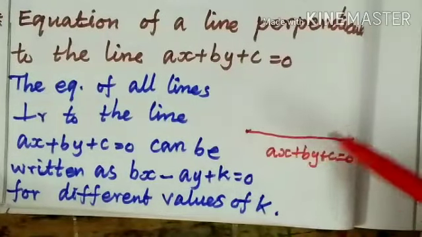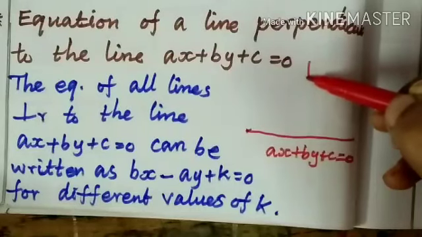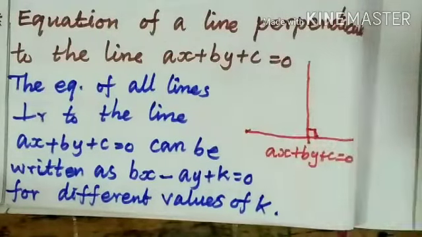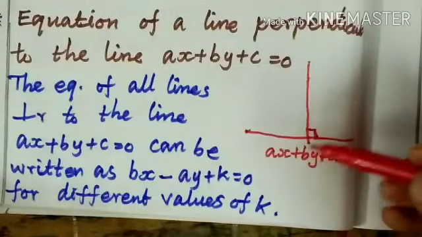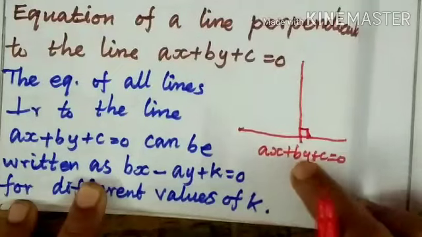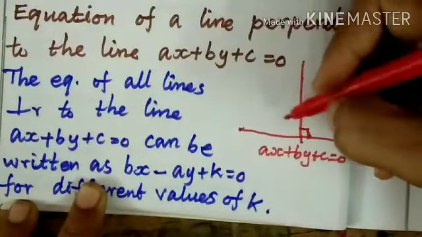Here we have to find the equation of a straight line which is perpendicular to the given line. So that means the equation of this line is, first you interchange the x coordinate and y coordinate, that is